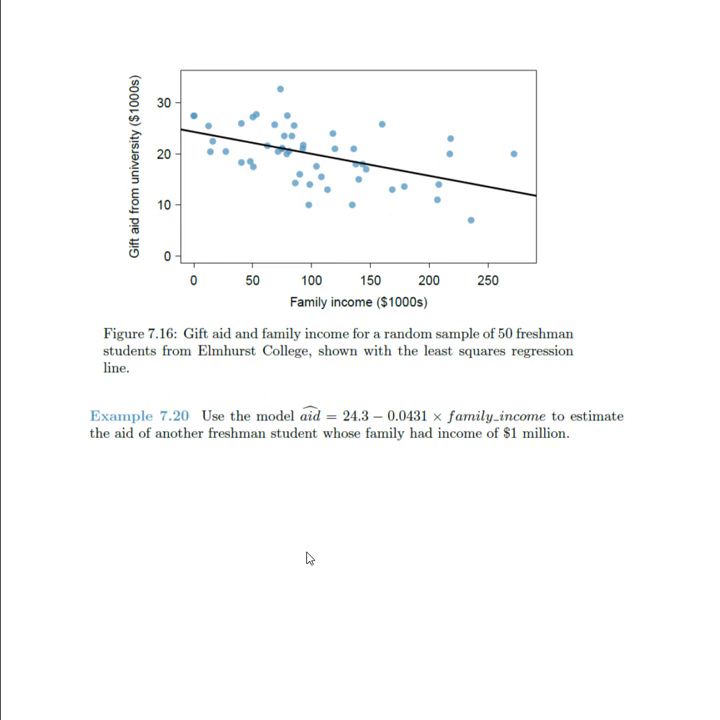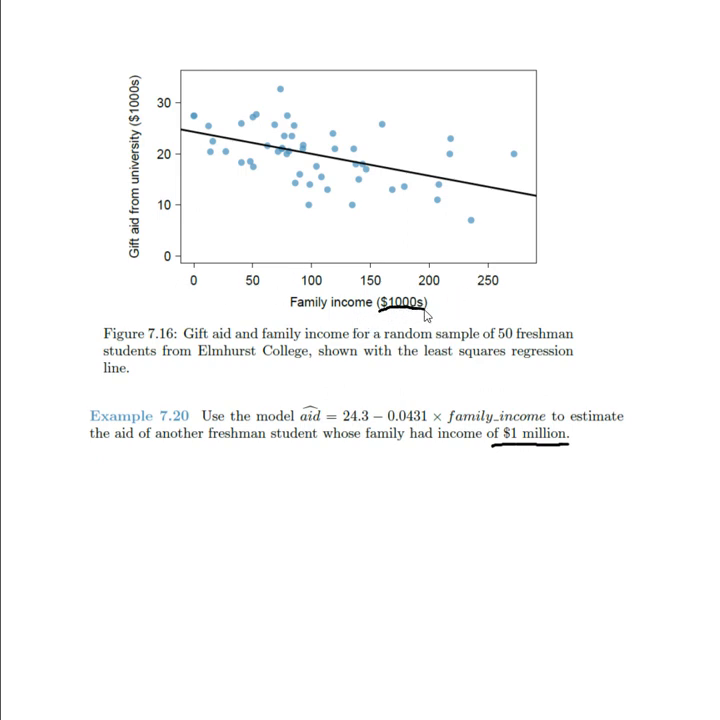This is about gift aid and family income. So gift aid from a university. A family that has very little income is going to receive a lot of gift aid from the university. But a family who has a very high income, $250,000 a year, is going to receive less gift aid from the university. It's asking us to use this model to predict a family's aid if they have an income of $1 million. Now, this is kind of a tricky question because you don't see 1 million here,